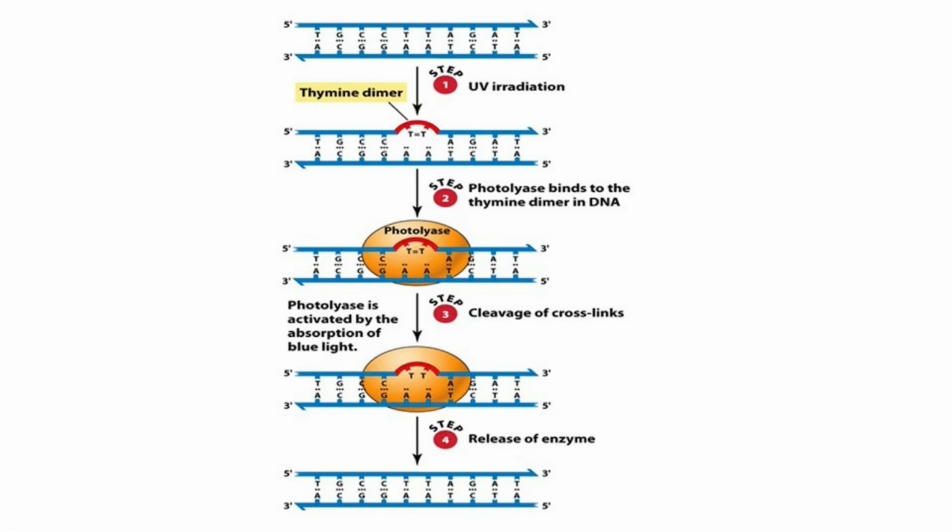When exposed to light, this photolyase is activated and it absorbs the light of the photons. And as we have already seen the mechanism, it is responsible for breaking this cyclobutyl ring between the thymine dimers. And when it has broken this ring, the enzyme is then released and the DNA damage is thus repaired. Let us now move on and talk about another direct DNA repair example, that is direct repair